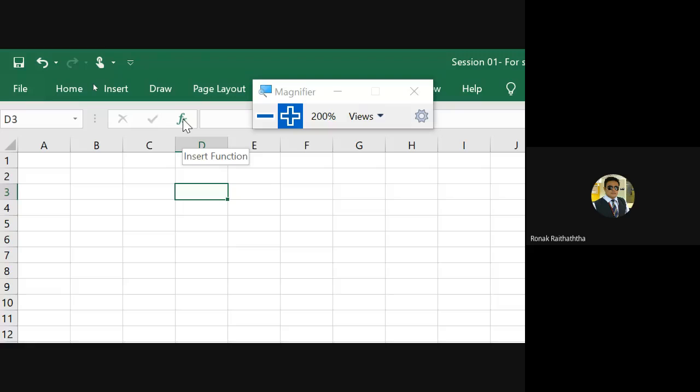Don't worry, because of the majority of the functions of advanced Excel, around 60 to 70% you will be able to do in 2007 as well. Then if I give you 2013, you will be able to do around 80%. And in 2019, you will be able to do 100% of all the functions I have over here, because that is the latest version. If you have 2016, then around 90% you will be able to do, because in 2016 some advanced charts are not available. Slightly off the track, again coming back to the topic.